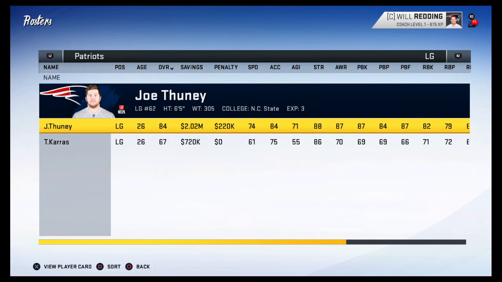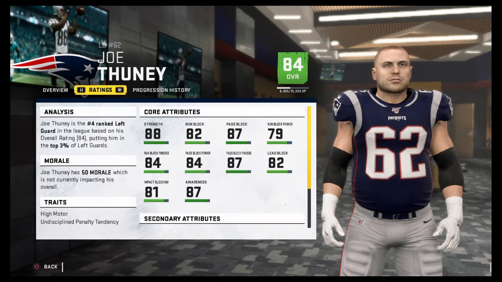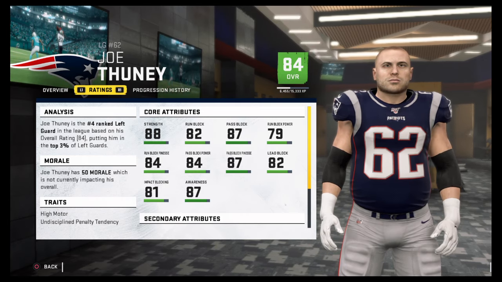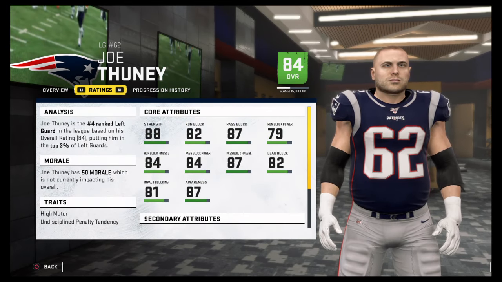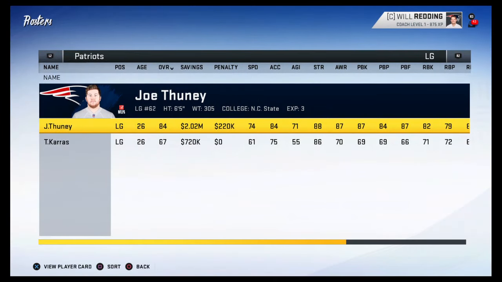Joe Thuney needs to be re-signed this year, and I'm absolutely going to do that. Great pass blocking guard, decent enough athleticism, and he's a good run blocker. Better run block finesse than anything, but still a solid player. Undisciplined penalty trait. Why? The New England offensive line is one of the least penalized in the...